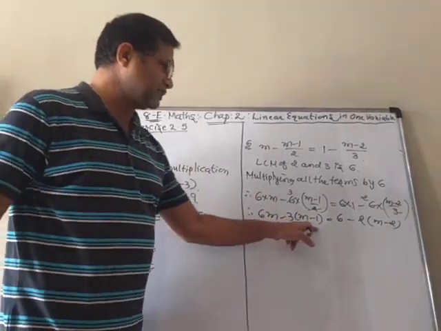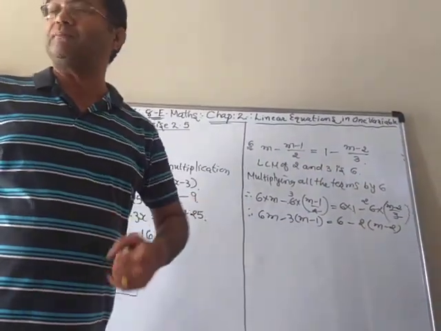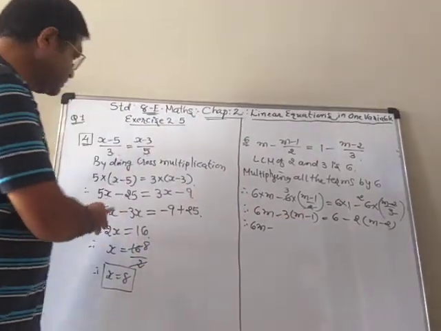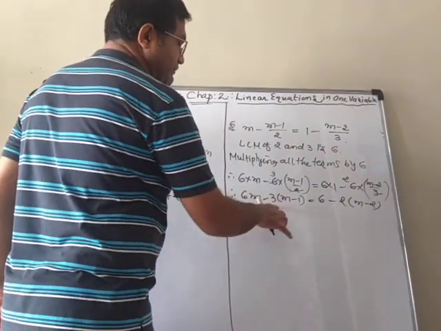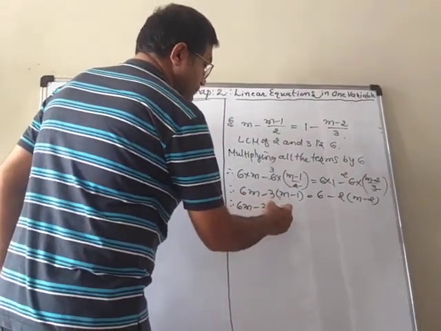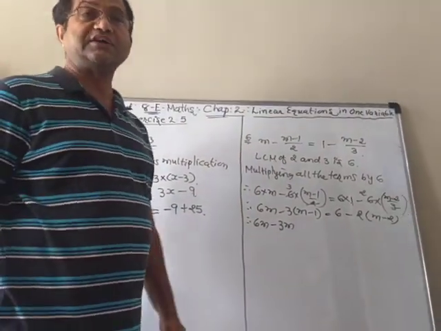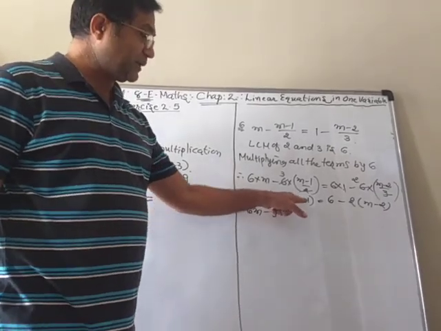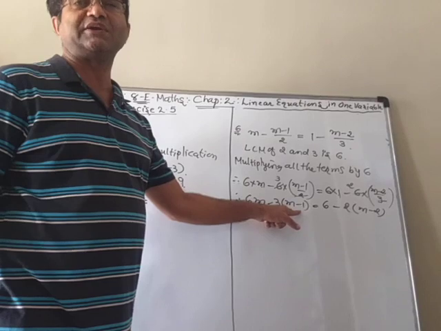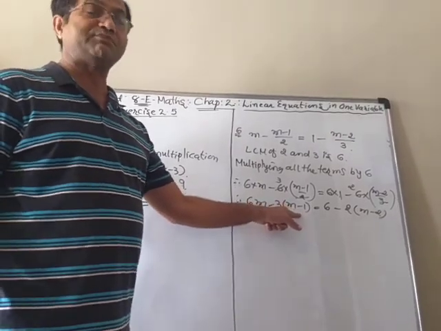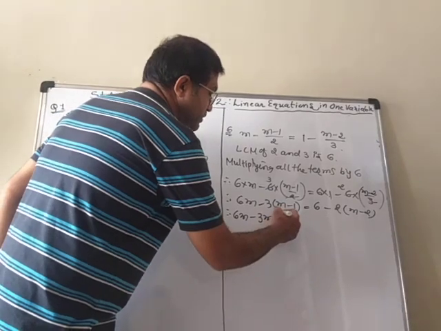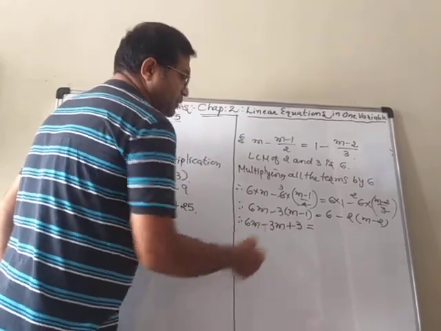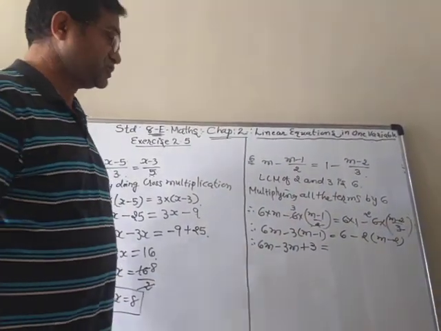Just you have to open those two brackets and then bring them together. So now 6m minus, now same as we did here, open the bracket. 3 will be multiplied with both of them, means minus 3m. But here there is a dangerous point. When there is a minus sign outside the bracket, when you open the bracket, the inside sign will be changed. If it is minus it becomes plus, plus becomes minus. So here it is minus, so minus minus will become plus. 3 ones are 3. If you forget to change the sign, you will get the wrong answer.